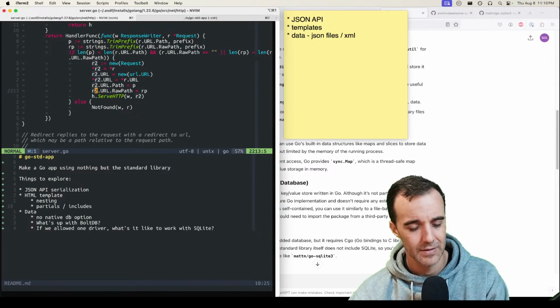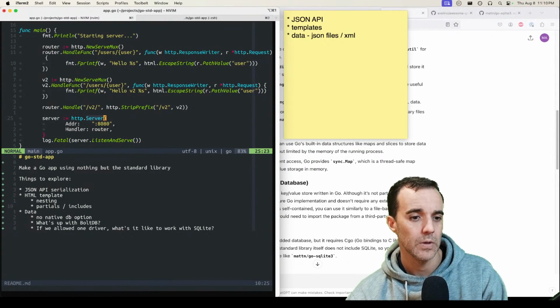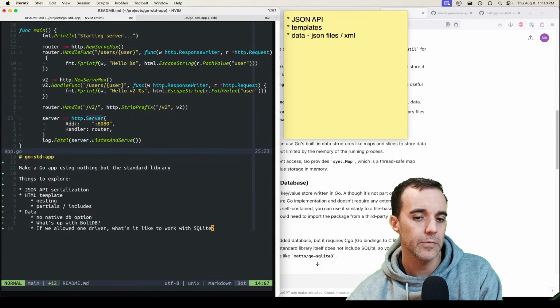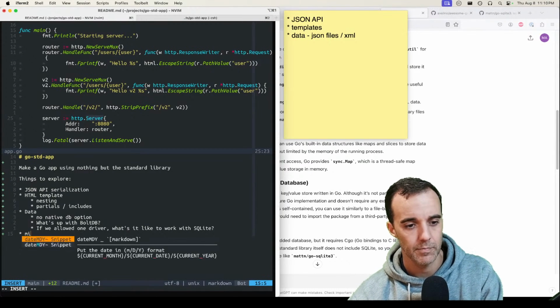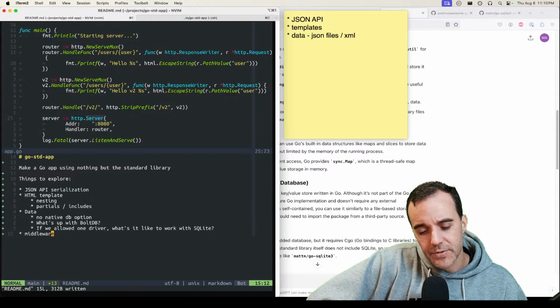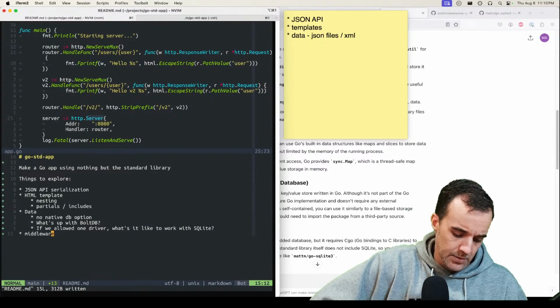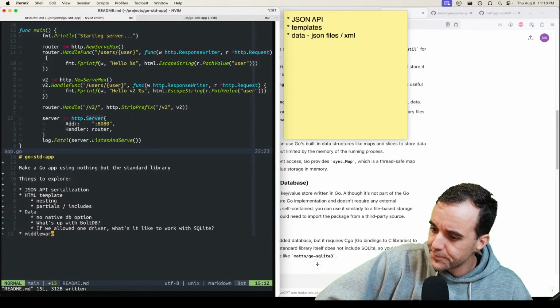Come on. Okay, but it'd be fun to make our own middleware, because that would be a common thing that you'd put in a lot of software. Other stuff that would be useful.